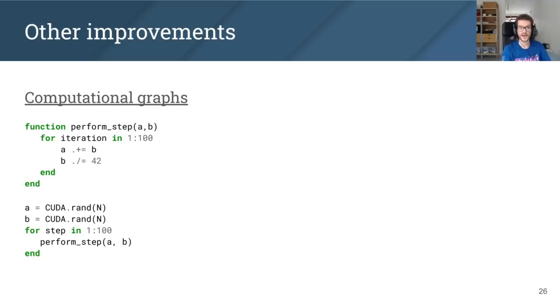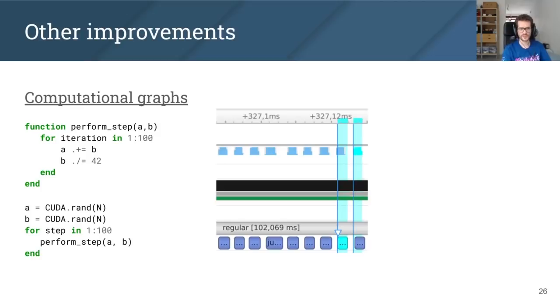And yet another CUDA API we now support is for creating computational graphs. So imagine you have an algorithm that requires launching many small kernels, for example, to perform some iterative transformation. Because those kernels are so short, and importantly shorter than the time it takes to launch the next kernel, the GPU is used pretty inefficiently. And you can see that by all the gaps in the profiler trace.